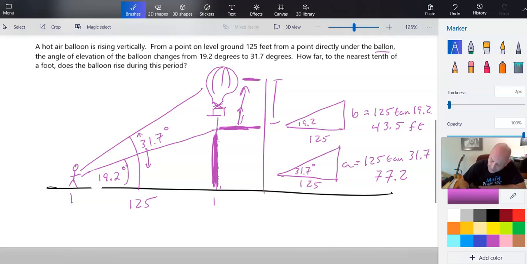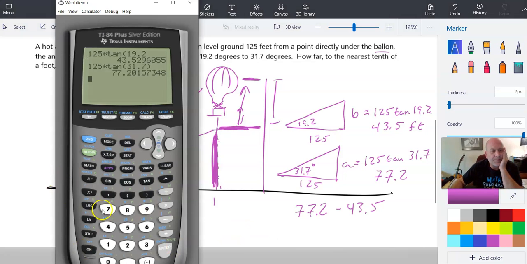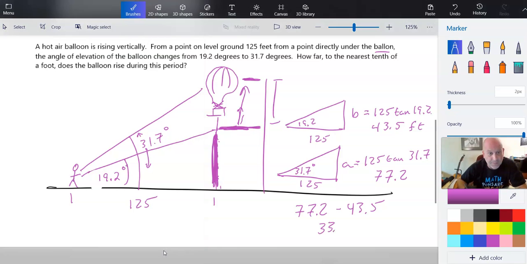Okay, so 77.2 minus 43.5. We'll plug that into the magic box as well. So 33.7